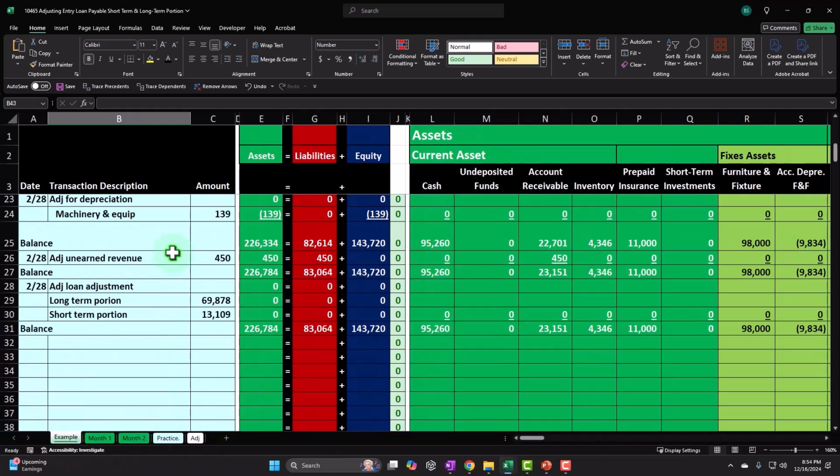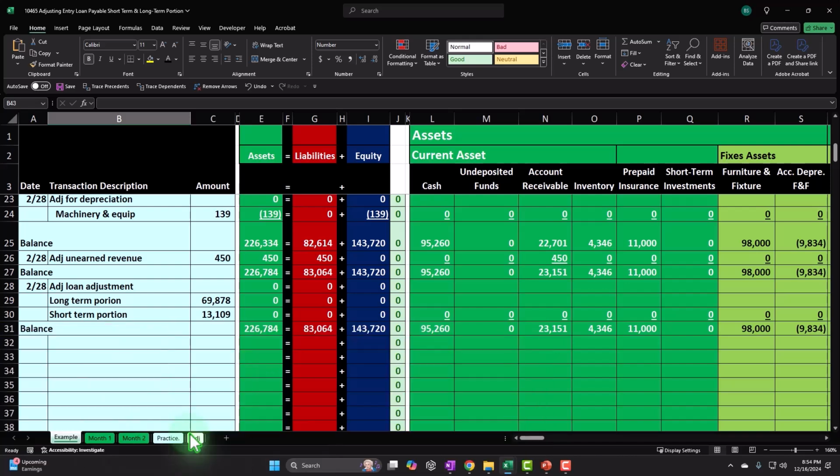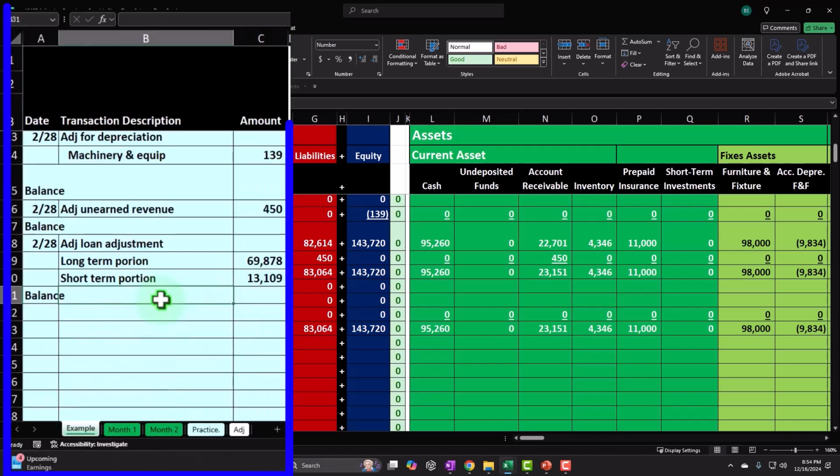Remembering we're basically building our bookkeeping system using the accounting equation as, in essence, our trial balance from which we will construct our major financial statement reports, balance sheet, income statement, statement of equity. We have entered the first month of data in the month 1 tab, closed it out, entering the second month of data input in the month 2 tab, and then we created our adjusting worksheet, which is where we are working now,